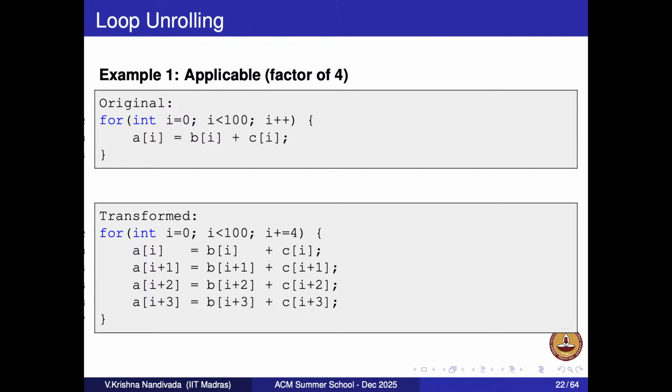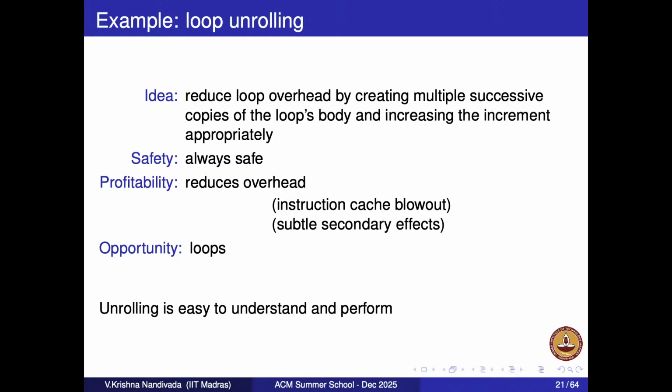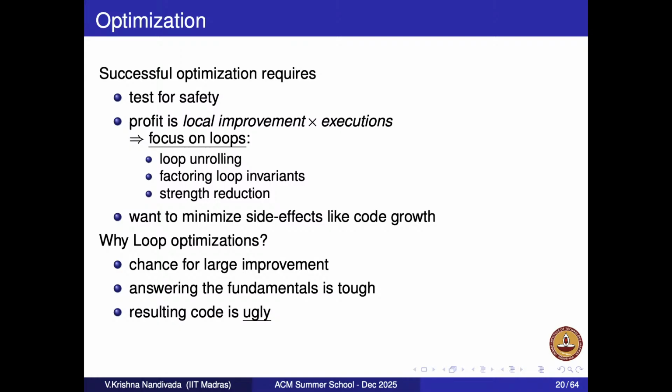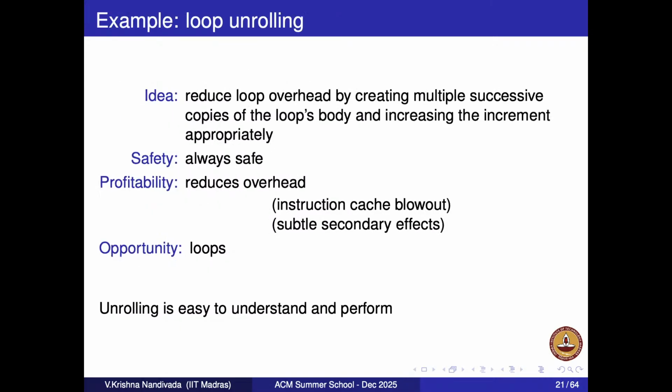I'm also not incrementing I every time. You can say, hey, I'm doing addition. Okay, there will be some thing there. But yeah, so loop unrolling, if you see, this is a very safe optimization. It's always safe. You don't need to check any condition. Goes wrong as in may lead to, what did I say? Safe. It's always safe. Did I say it's always profitable?